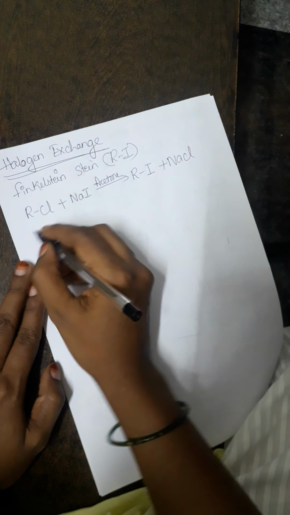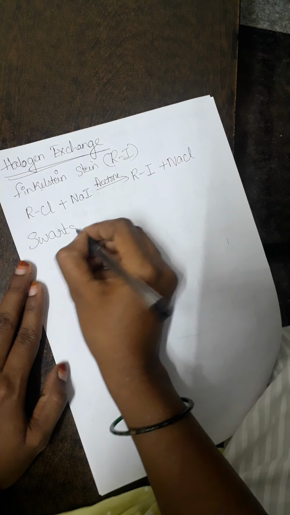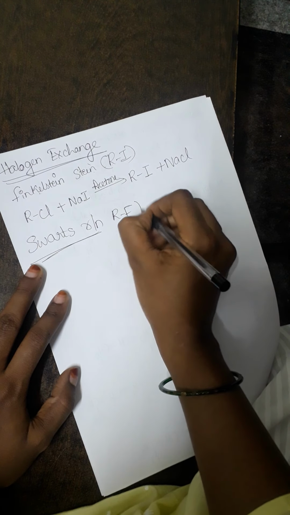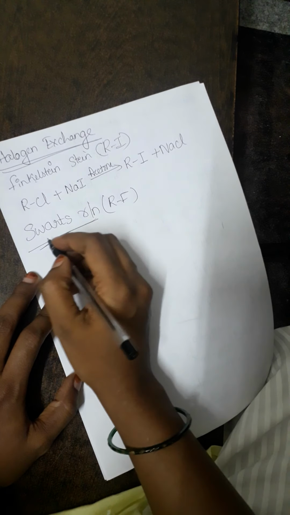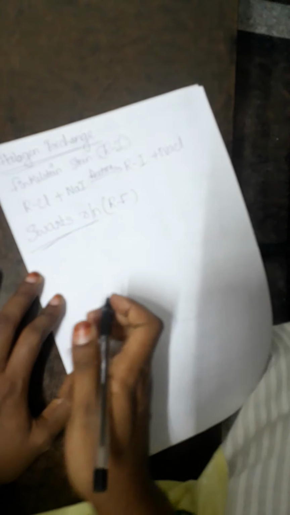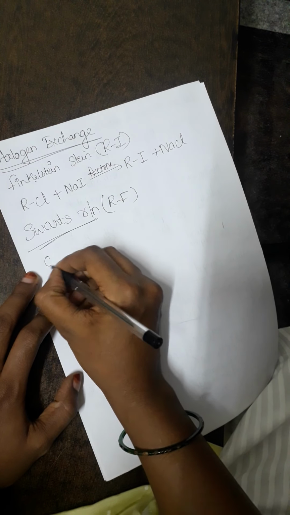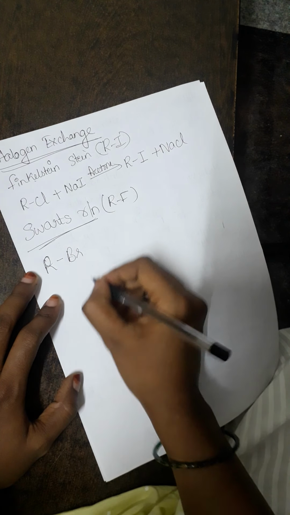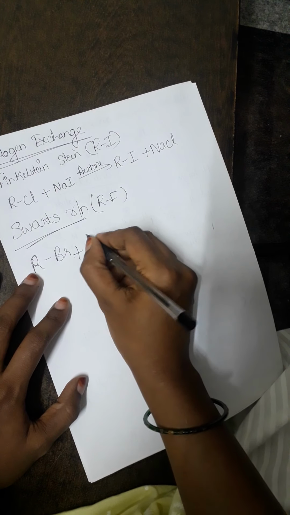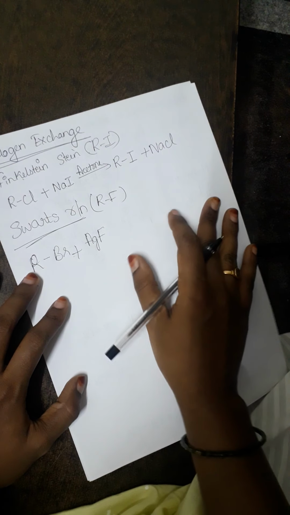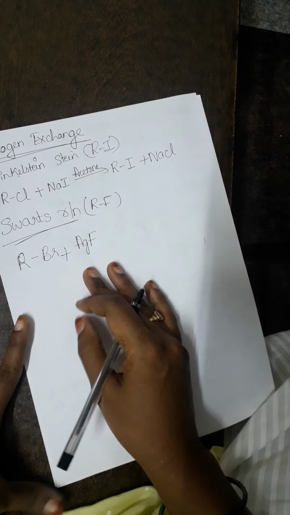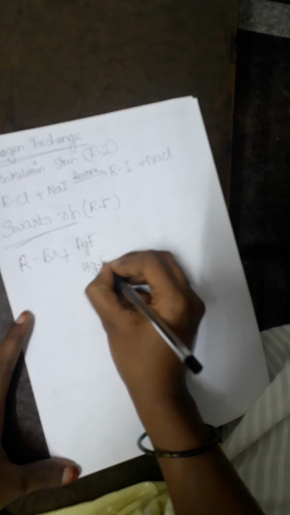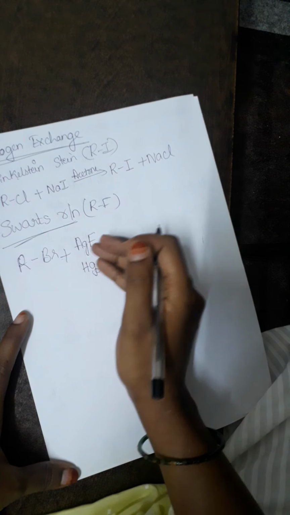The last reaction is called the Swarts reaction. As you all know, the Swarts reaction is meant for the preparation of alkyl fluoride. How to do this? Again, we are studying this under the halogen exchange method. Therefore I have to take an already existing alkyl halide, so let us take RBr, and make it react with silver fluoride. So you are taking metallic fluorides here. We have taken silver fluoride, or you can take Hg2F2. This is mercurous fluoride, this is silver fluoride.